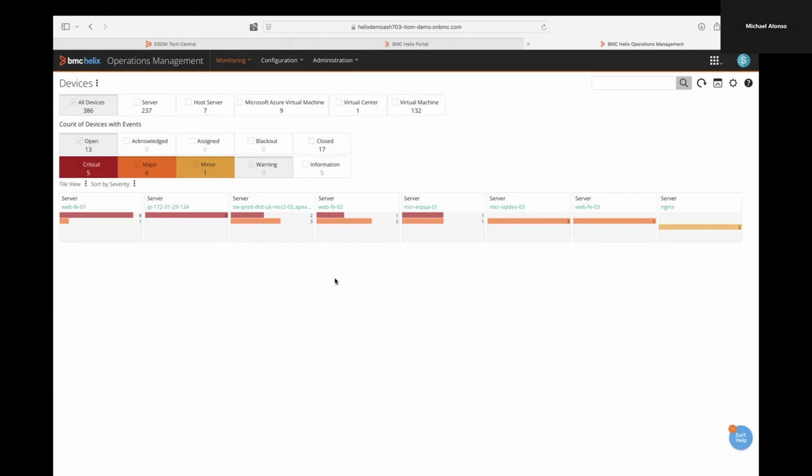Now, the agent versus agentless conversation goes as such. Agentless, it's awesome. I don't have to deploy anything. I don't have to upgrade anything. I don't have a code base to maintain. The downside of agentless is we are stuck utilizing protocols that are built into operating systems that we can connect to in an agentless manner. So while it gets very good information, it is a limited amount of information. Whereas with an agent, the downside is you have an agent to deploy and a code base to maintain. Now, the good news about that is we can do all that from our centralized console.